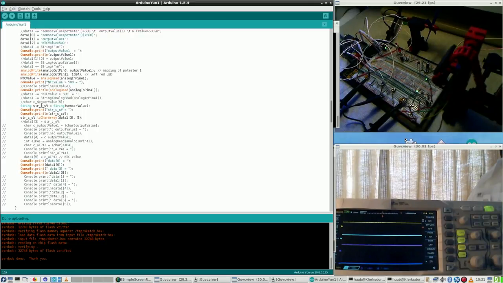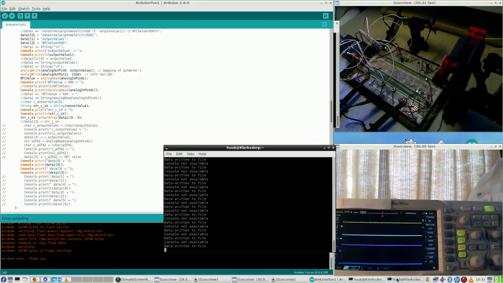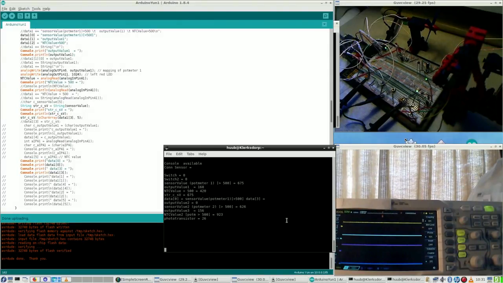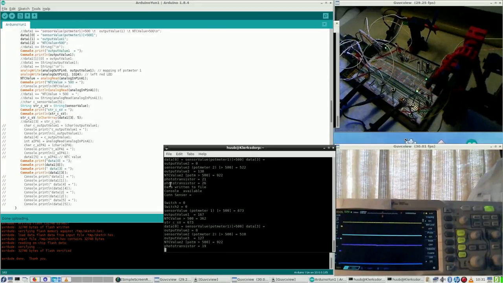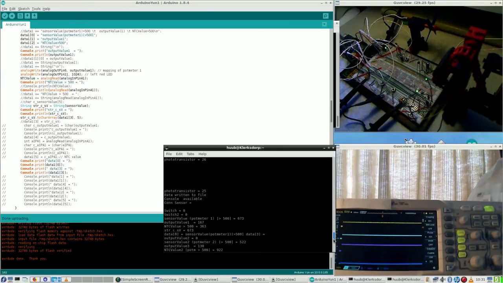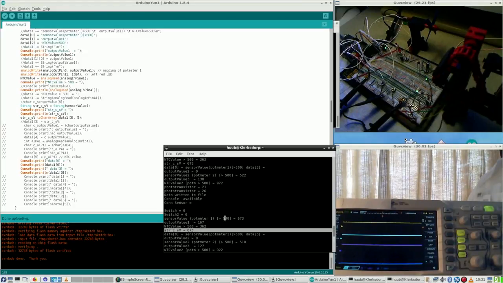Then to check if this line is alright, I put a console print in it and upload, and as it turns out it works. Now if I do it like this, you can see this value is exactly the same as this value, so that works. Where it goes wrong is here,